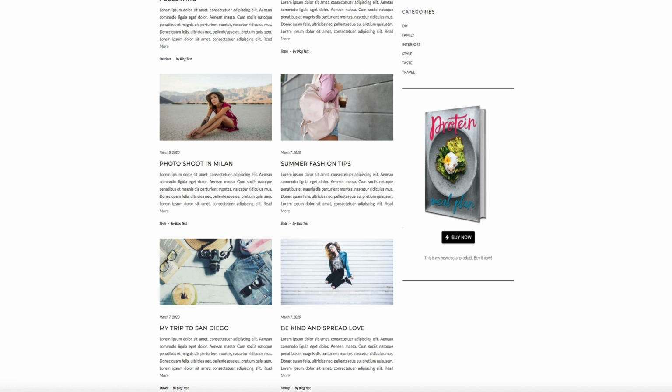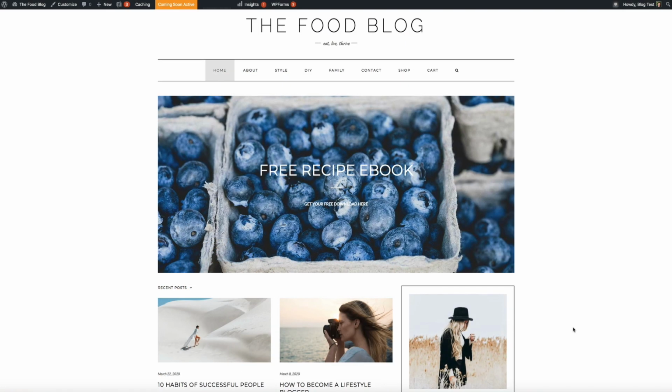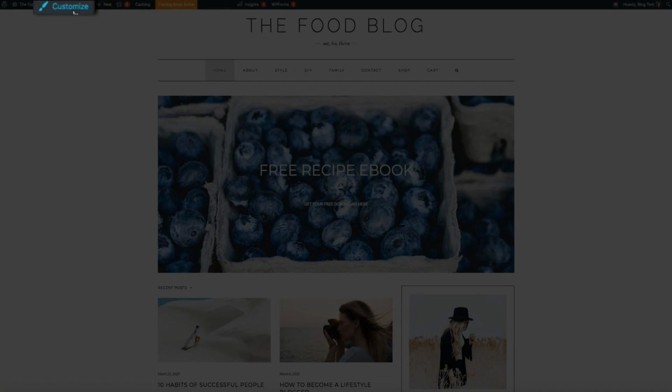Okay, so for this particular WordPress theme, once again, I'm using Kale, and the page layout has a sidebar that allows me to add various widgets and content. And again, the steps to access your sidebar may be different, but this is how you do it if you're using the Kale theme. So the first thing you'll do is go to your customization menu,